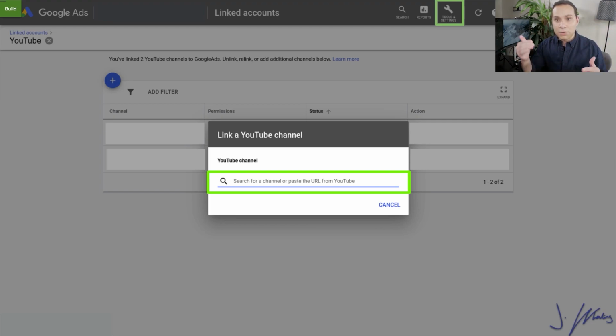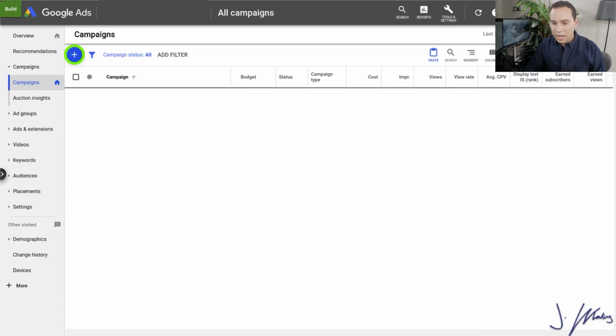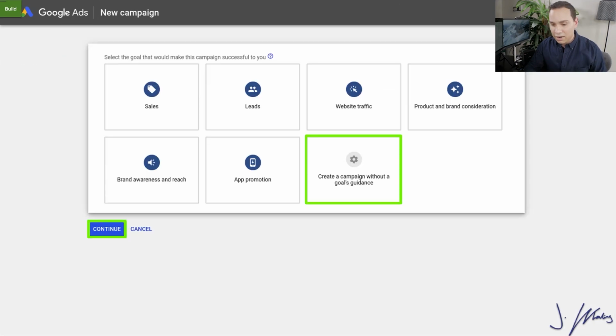So when you add your YouTube channel to this ad account, there's no lock-in here where it has to be a 1-to-1 ratio. So I'm just going to go ahead and click cancel and go back to our campaigns dashboard here. So we'll go ahead and click on the giant blue plus button to get started building our campaigns. The giant white space you're looking at is where your campaigns will actually show up. And if you're doing this for the first time, then there's not going to be anything there. I'm just blurring it out for privacy reasons.